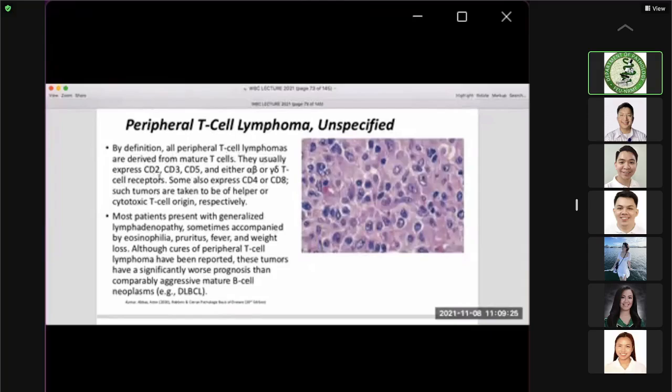So peripheral T-cell lymphomas derived from mature T cells. They usually express this CDs, no? And some also express this additional CDs, okay? And most patients present with generalized lymphadenopathy accompanied by eosinophilia, pruritus, fever, and weight loss. No? So cures for peripheral T-cell lymphoma has been reported, no? However, they have significantly worse prognosis than the mature B-cell neoplasm that we have mentioned a while ago, the diffuse